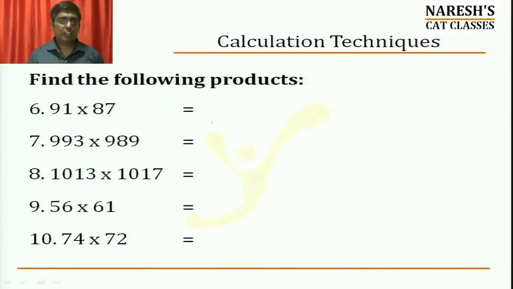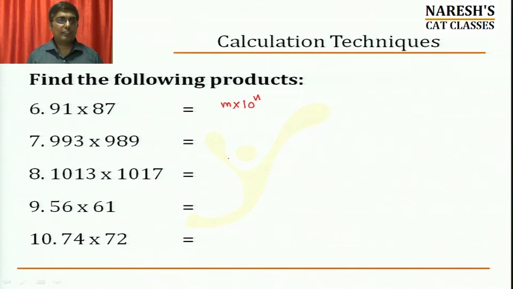Let us now move on to the second model. As part of the second model of questions, we will do multiplications of those numbers which are not close to a number like 10 power of n, but are actually close to a number like m into 10 power of n. For example, question number 9 and 10. Look at what happens there.